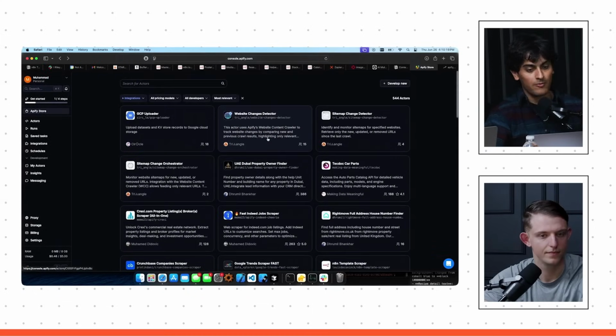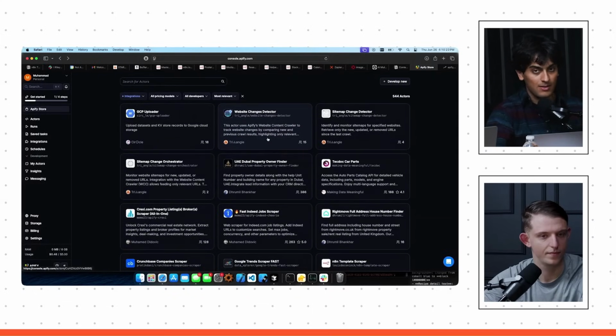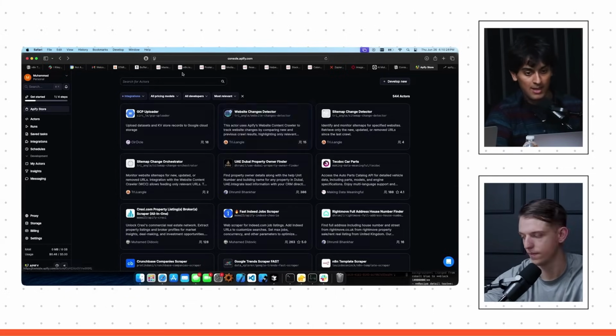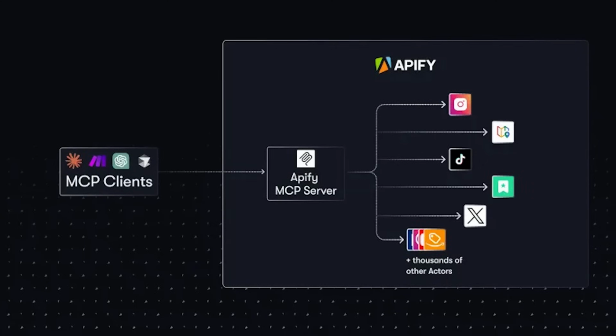They host over 4,000 different APIs you can use, mostly for scraping the web and maybe social media. And they just released an MCP server. What's crazy about this tool is that MCP is really hard to set up.